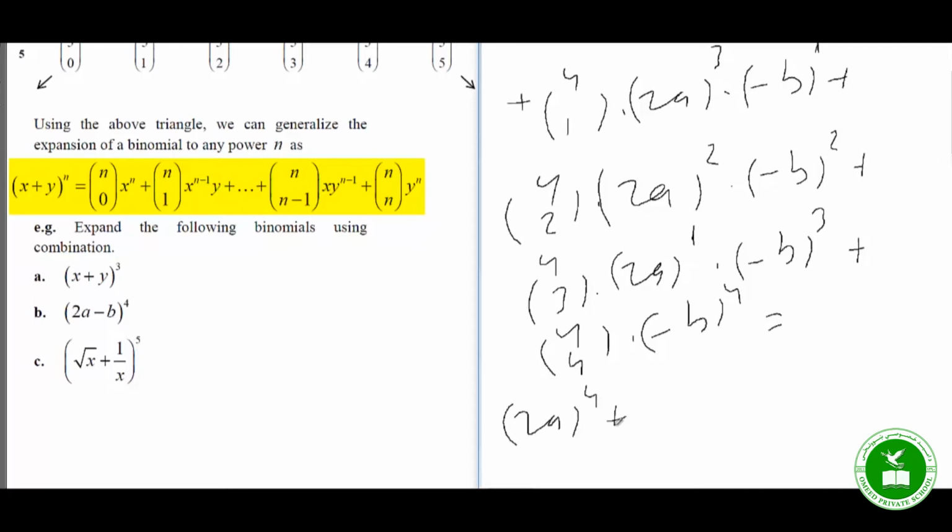Combination of 4 from 0 is 1, so 2a to the power of 4, plus combination of 4 from 1 is 4 times 2a to the power of 3 times negative b to the power of 1. It is negative, so it will make this addition change to subtraction, or negative. Plus combination of 4 from 2 is 4